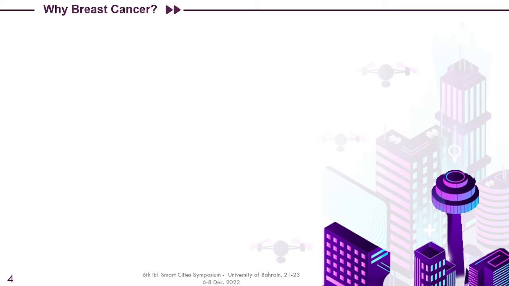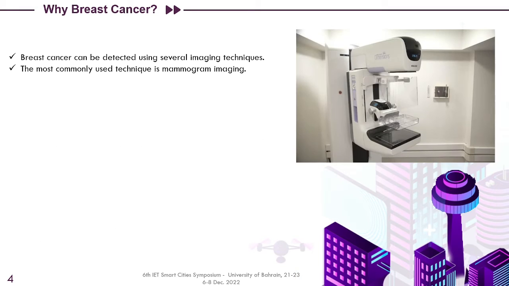There are several imaging methods that can be used to detect breast cancer. The most commonly used strategy for identifying suspicious lumps is mammogram imaging, which enables radiologists to spot abnormal masses. However, it can be challenging to interpret a mammogram since the ability to identify lesions depends on the radiologist's degree of expertise as well as the image quality, which can result in